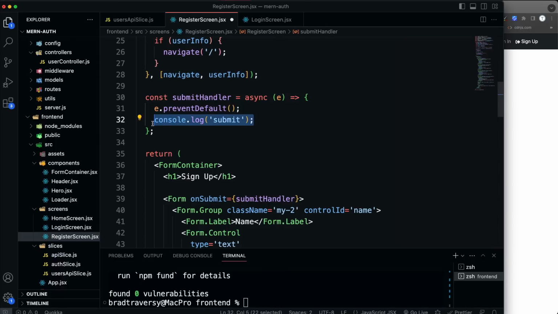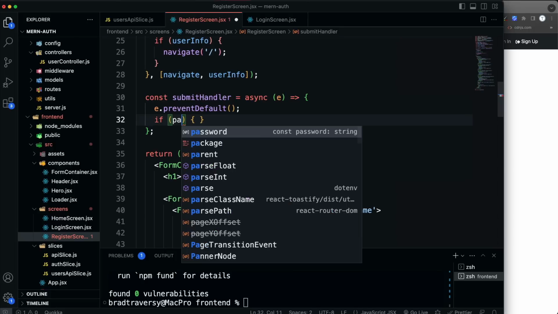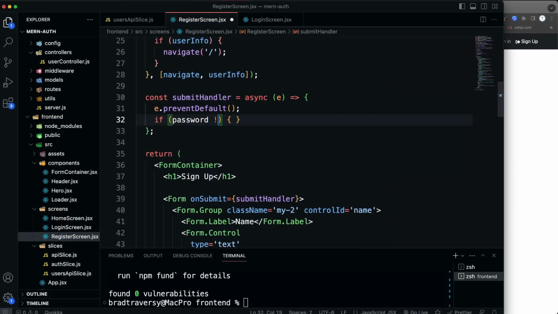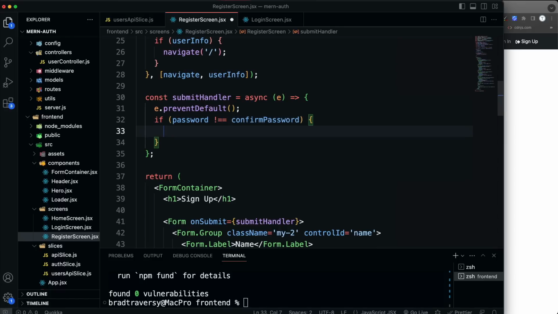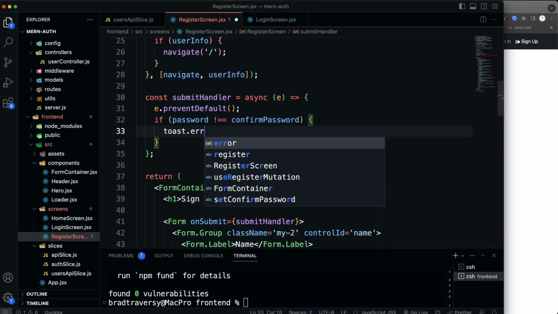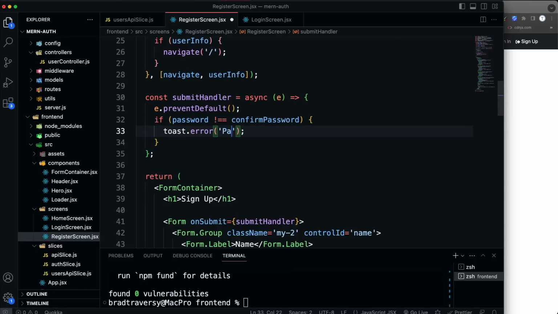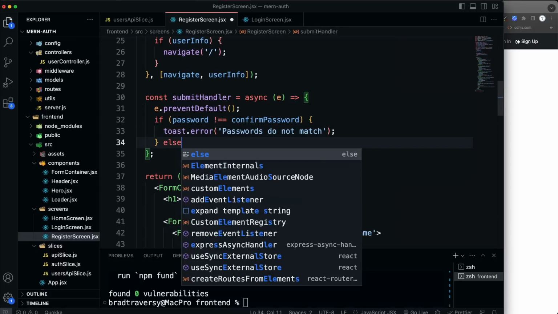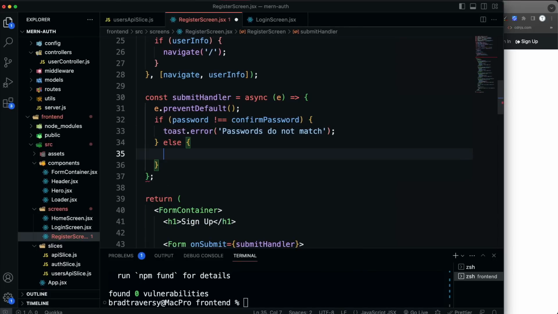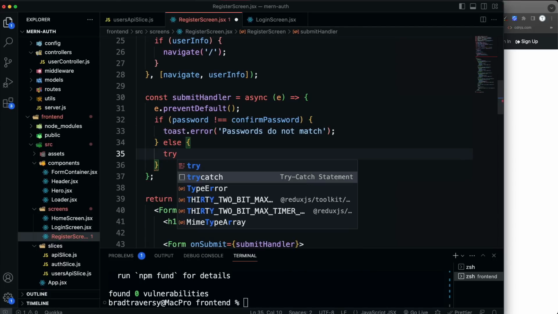let's get rid of this console log, and let's check the password first, because we have a confirm password field. So we'll say if password is not equal to confirm password, then we'll show an error. Let's say toast.error, and we'll say passwords do not match. Else, if they do match, then we'll do a try